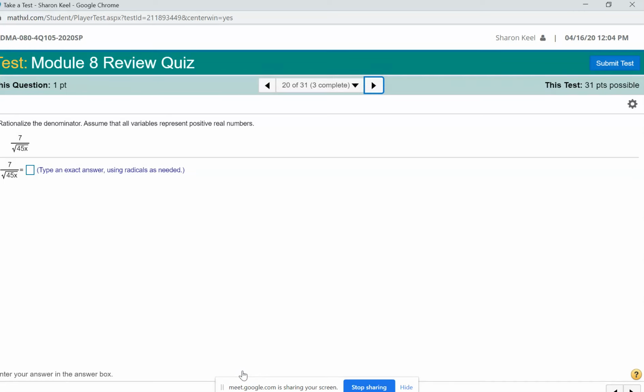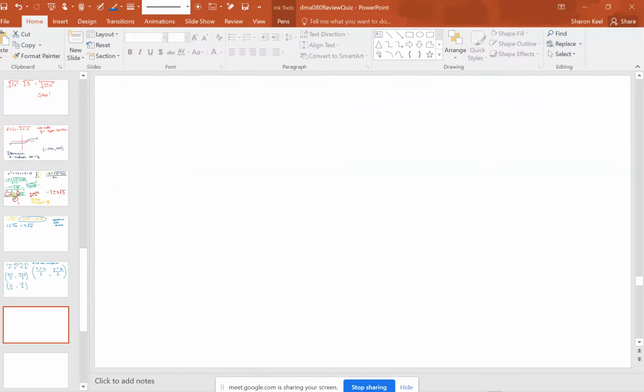Rationalize the denominator. Assume that all variables represent positive real numbers. Now these are the fun ones, the rationalizing. 7 over square root 45x. And we are asked to